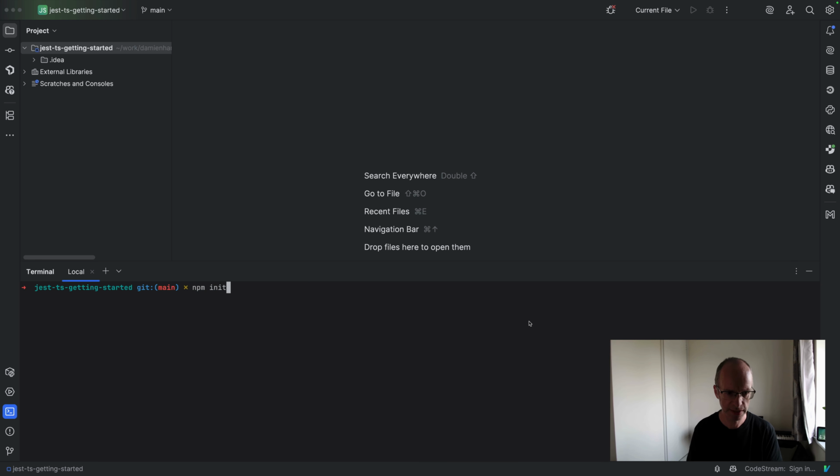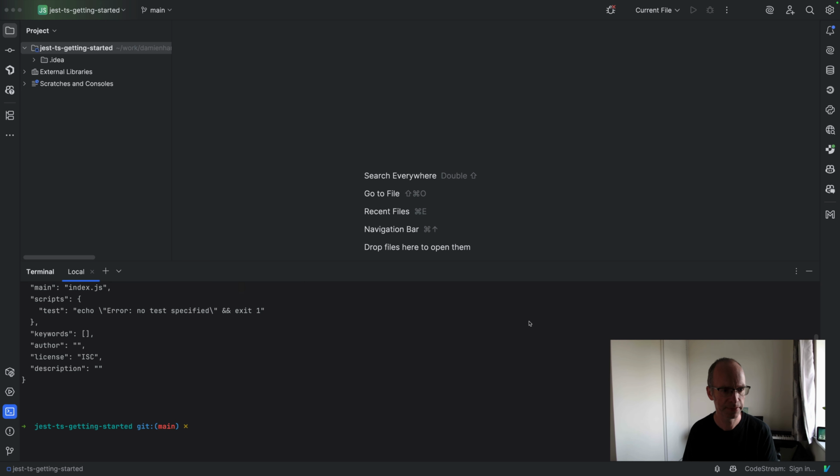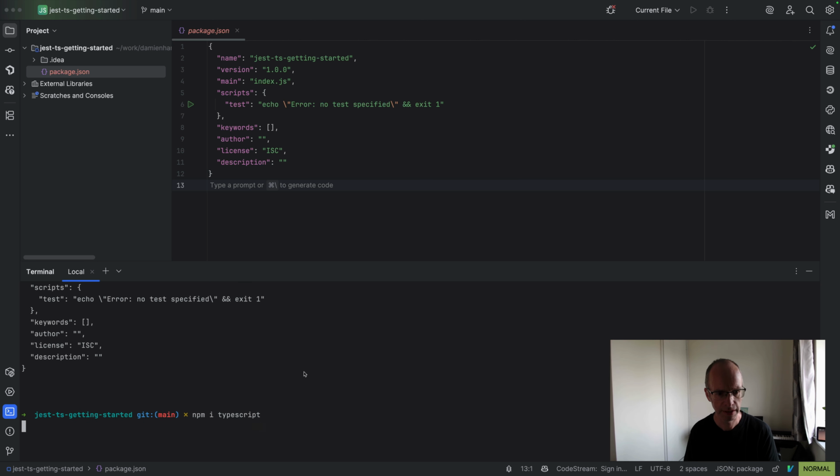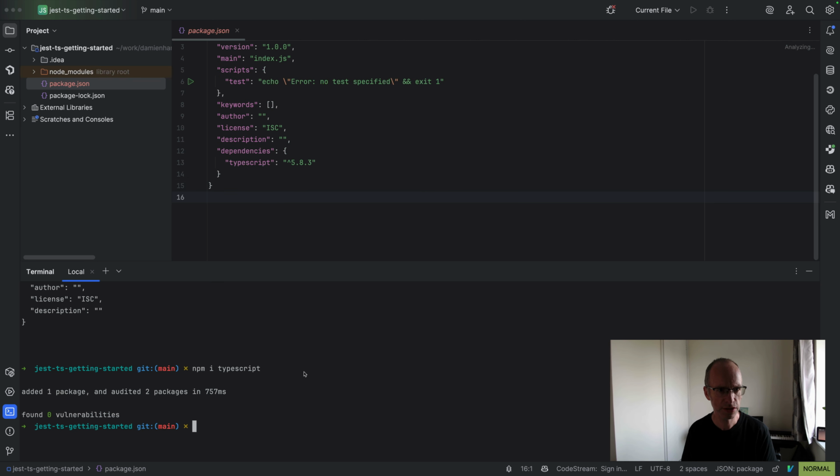So the first thing I'm going to do is initialize the npm project. So that gives me a package.json file. And then the first thing I will do is install TypeScript. So now we have TypeScript, and so the first thing I should probably do is create a ts-config file, and